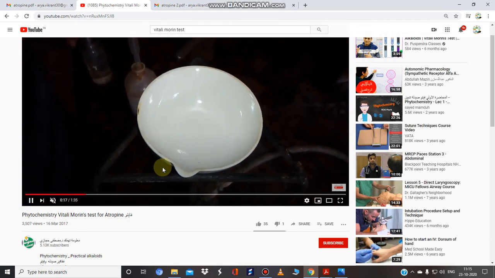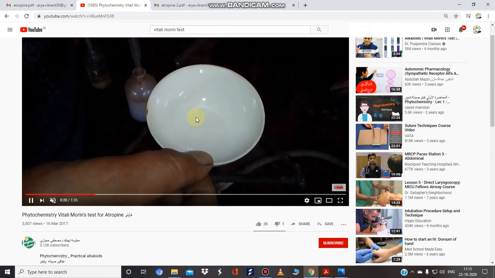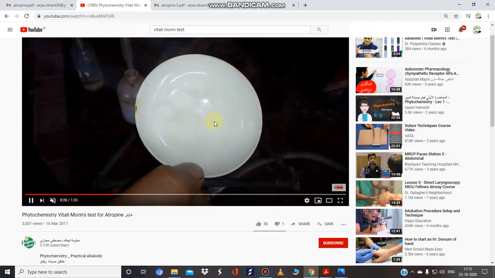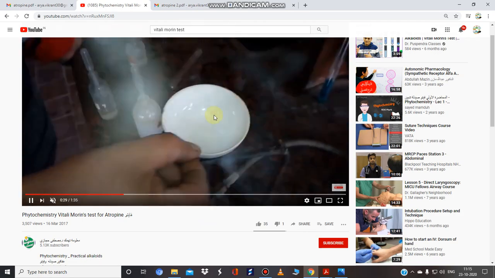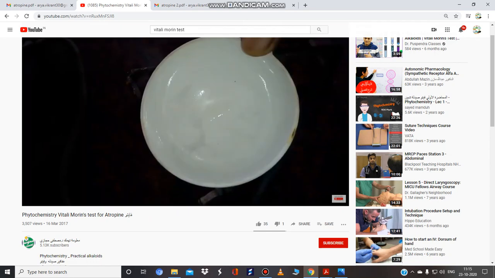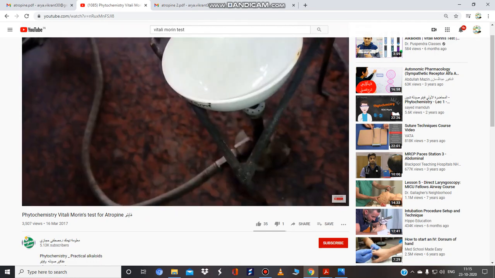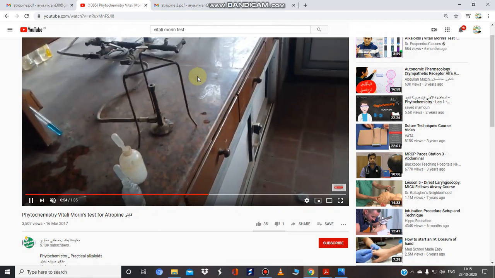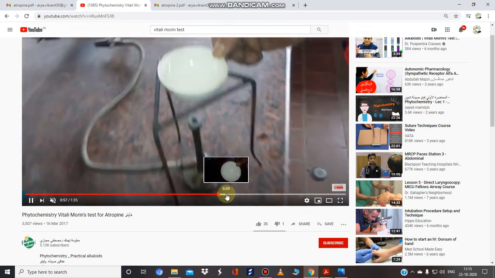Look at this. Fuming nitric acid was added and it was subjected to dryness. Look, fumes will appear at this stage. And now the next step: you add acetone solution to it and methanolic KOH solution, that is methanolic potassium hydroxide solution, and you will observe a violet coloration appear due to the presence of the tropane nucleus.